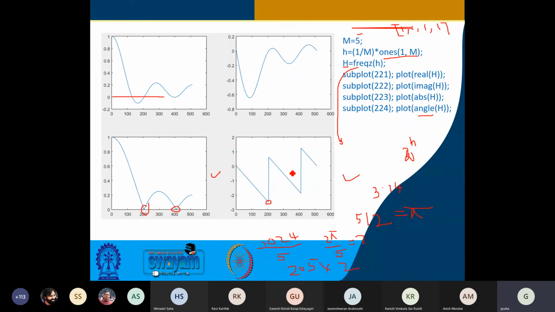And then, since it is in between minus pi and pi, MATLAB automatically takes the y-axis range. Otherwise it could have been different. So you'll see that there is a jump, and it goes up to this value. Similarly over here, and similarly over here. Is it fine? And this real and imaginary put together, you get the absolute value. Is it okay?